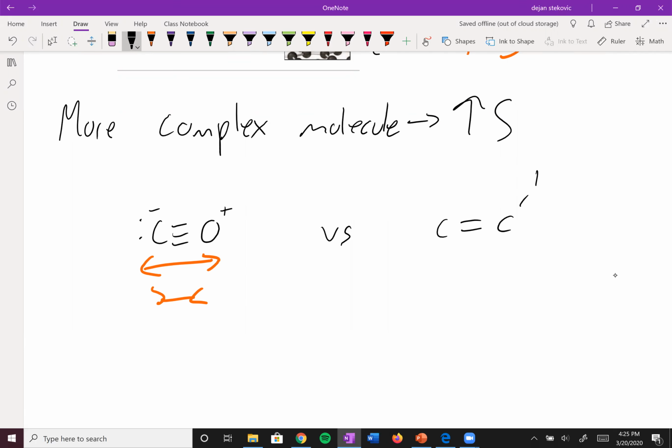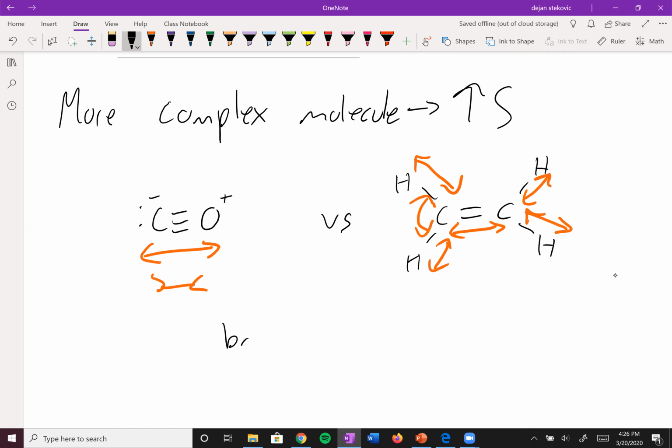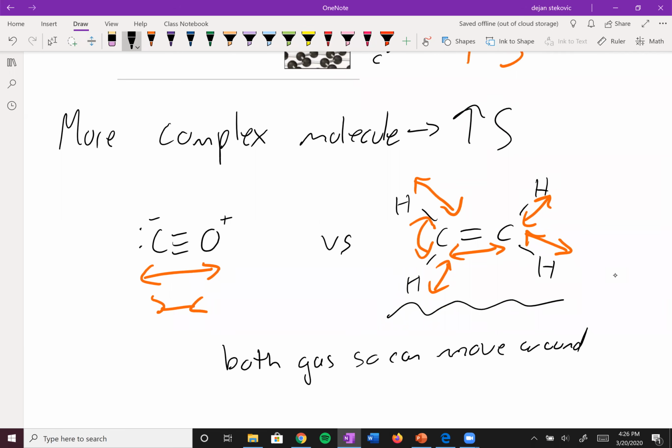Well, if we take a look at a more complex molecule, something like this guy can do this shrinkage and this stretchage on all of these bonds. But then you can also think about these angles right here. These angles can wiggle around and they can move as well, right? So they're both gases, so they can move around, right? They can fly through the air, but this one has more ways to wiggle around, to switch around, to make more microstates, and so this side right here has increased entropy.